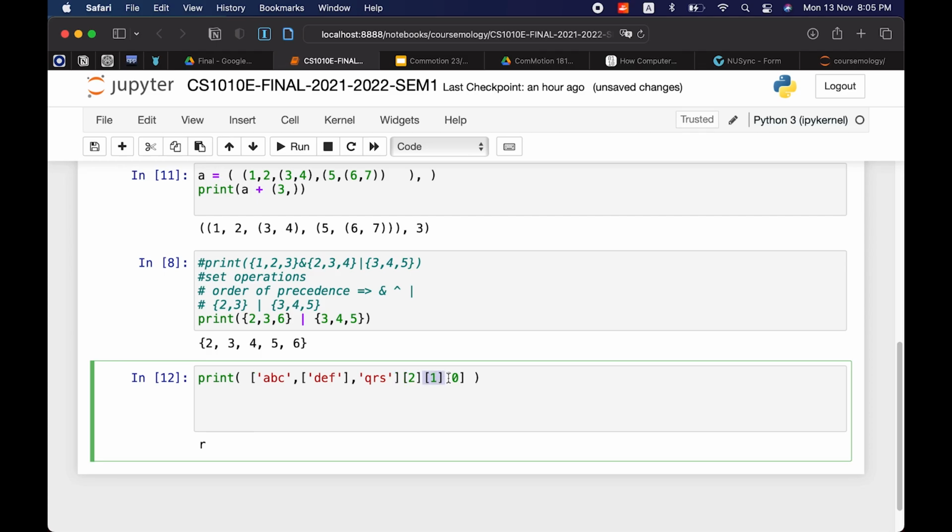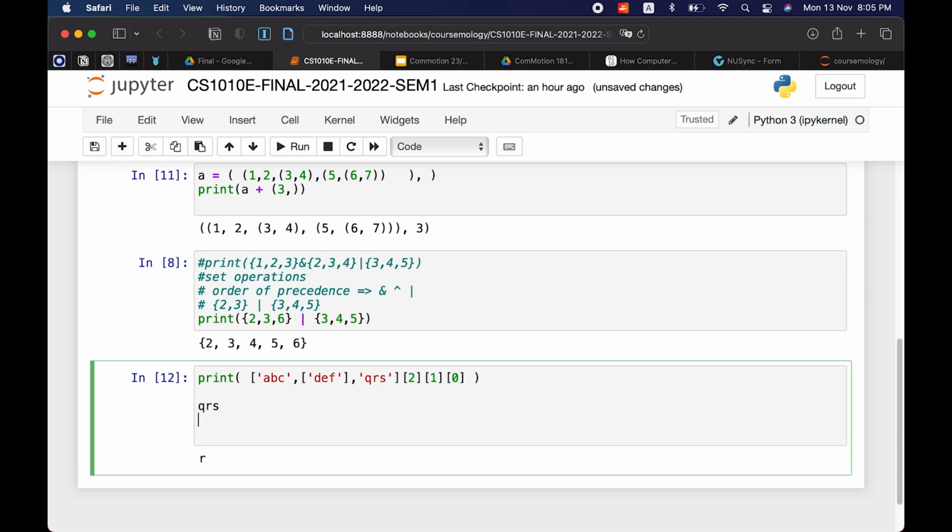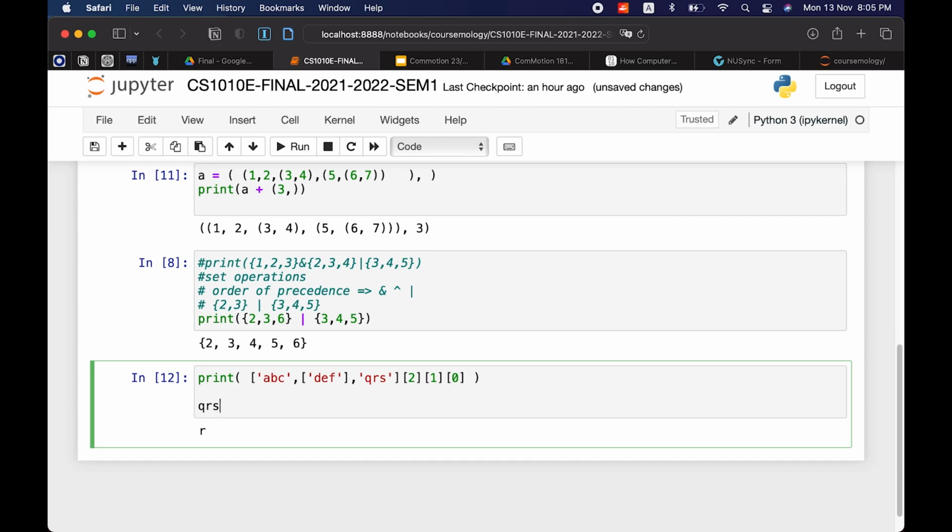So it's QRS. Then right, we have index 0, 1, 2. We want 1. Sorry, we want 2. We want 1. So we got R. So if you want to print R0, right?